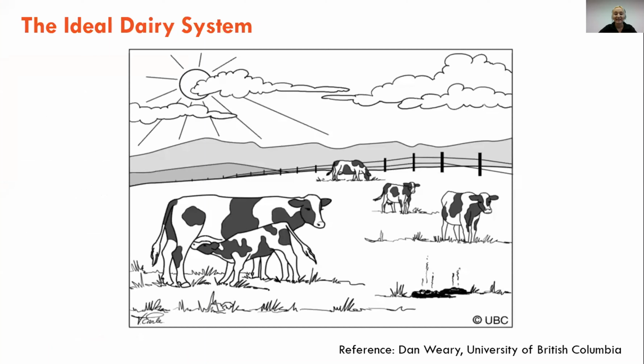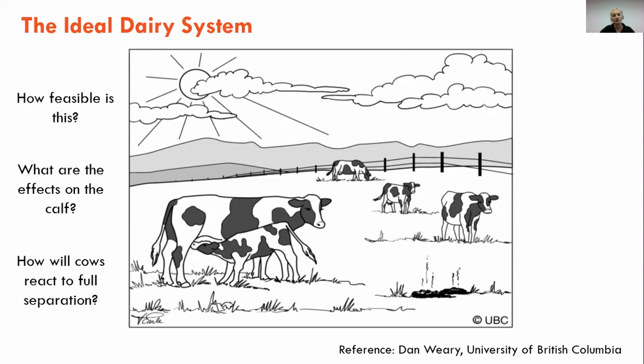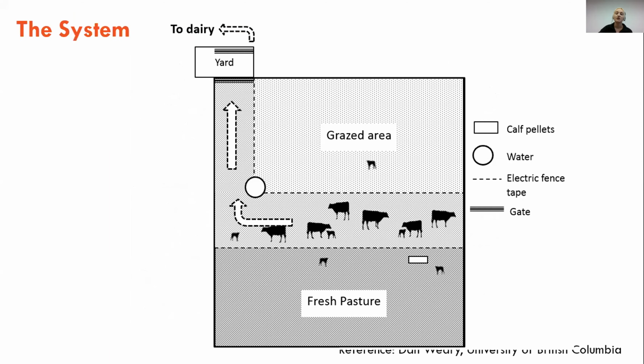There we go. Yesterday, you heard from Dan Weary from UBC, where he presented the consumer's ideal dairy system. With Australia being pasture-based, we thought, why not, let's just have a go at this and see what we get. So we wanted to answer some basic questions such as how feasible is this? What are some of the effects on the calf, and how will full separation affect how cows react to that? So what we did was we took 6 cow-calf pairs and put them into a paddock together,